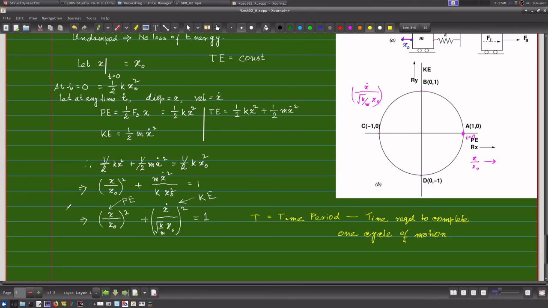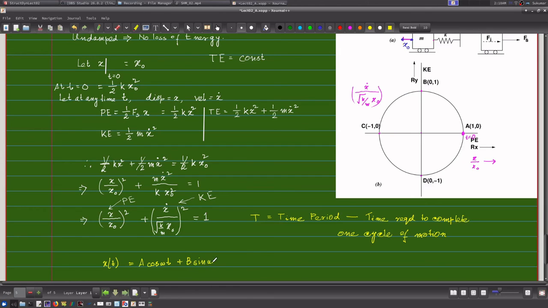Now since we have seen that the motion of the mass can be expressed by harmonic motion, let me assume that my x, which is a function of time, can be expressed by a sum of harmonic terms, say a cos omega t plus b sin omega t,